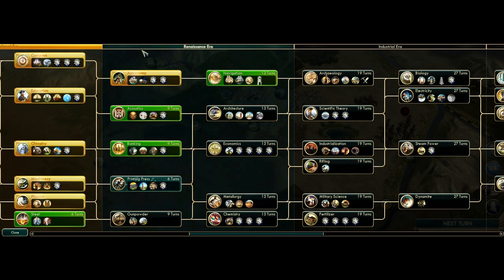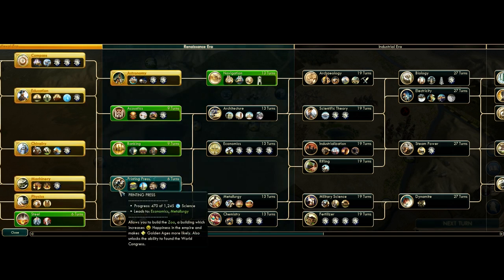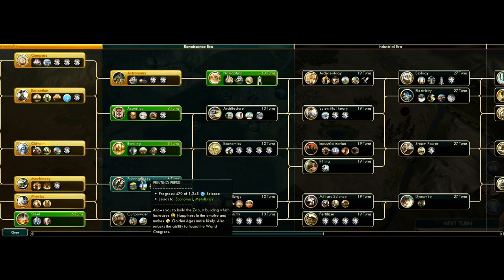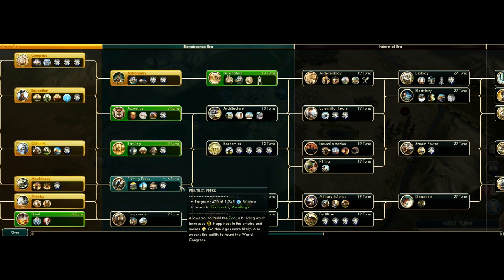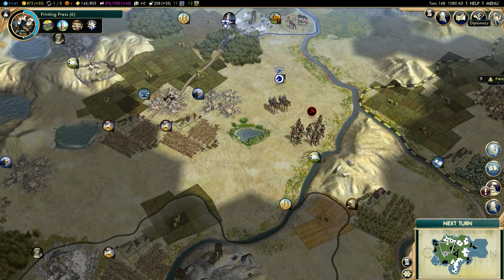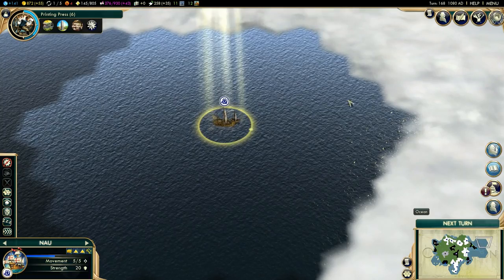There are a couple of very important things that happen in this era, and most importantly I think is the founding of the World Congress. This is something that has an enormous impact on the game, and it can be done as soon as you do two things, namely you have to invent the printing press and you have to meet all remaining civilizations in the game. For that purpose we have built a boat,